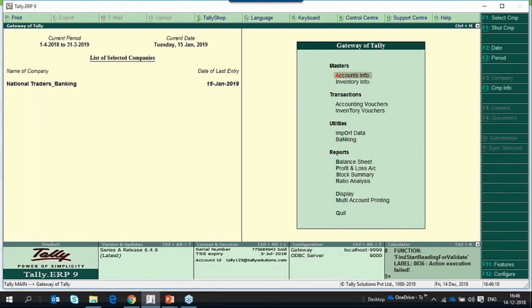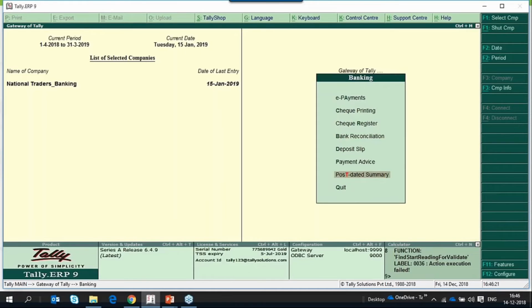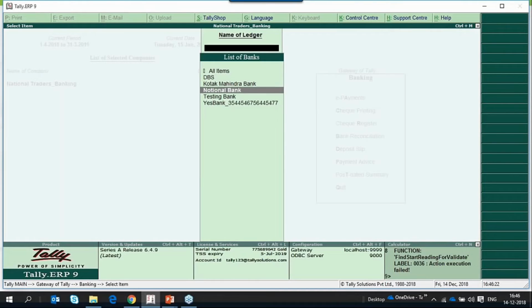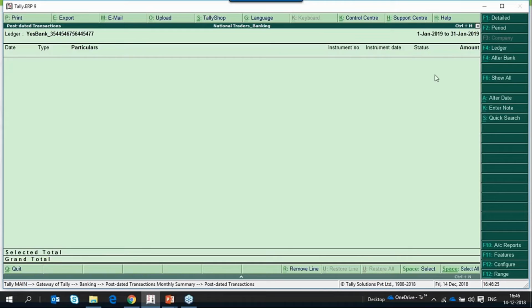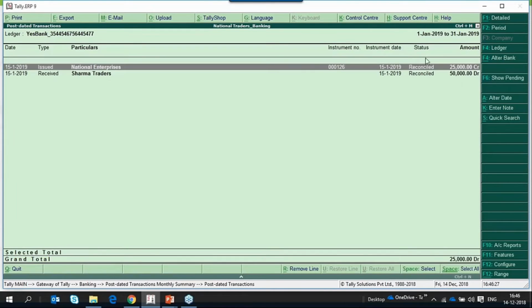Transactions are reconciled now. Again go to banking, post-dated, bank, select Jan and click on show all. The status will show reconciled. This is how you can track the PDC issued, PDC received, and the status. So this is with regard to post-dated check management.